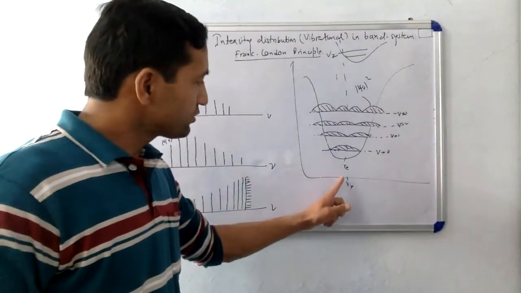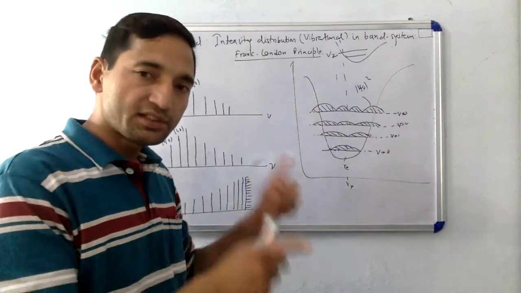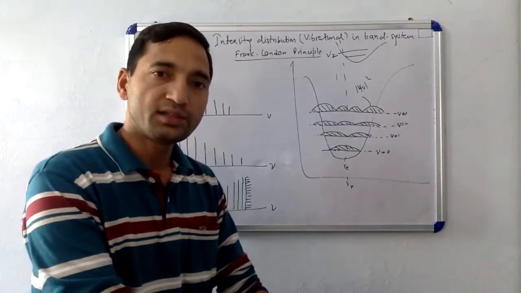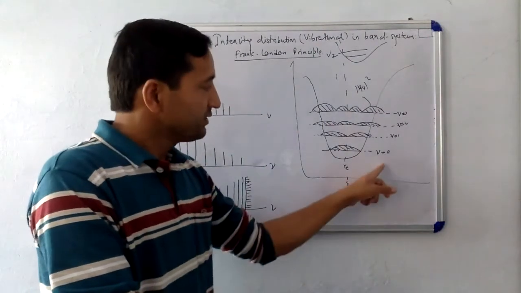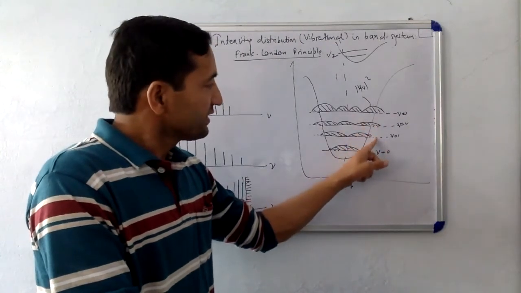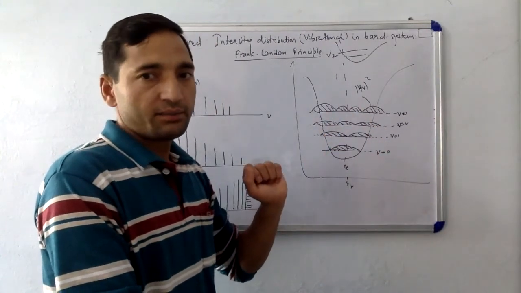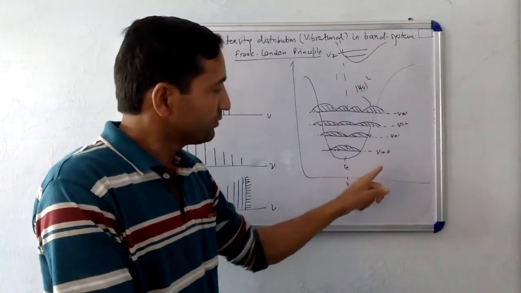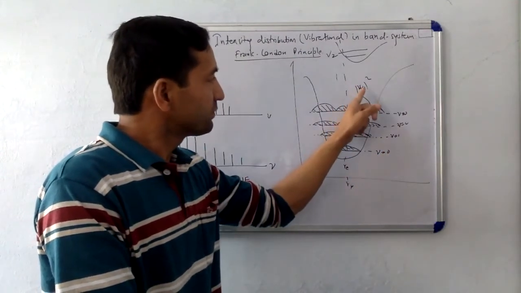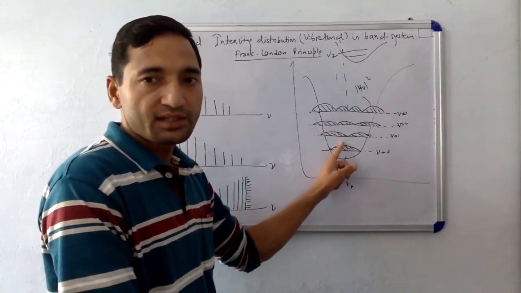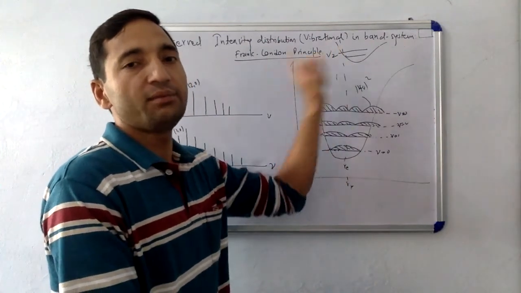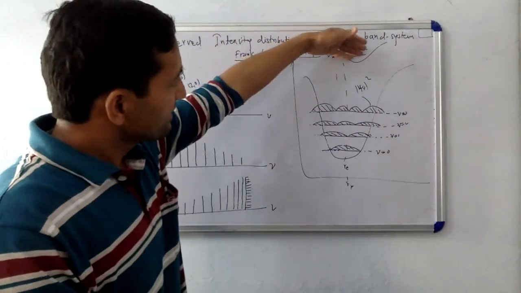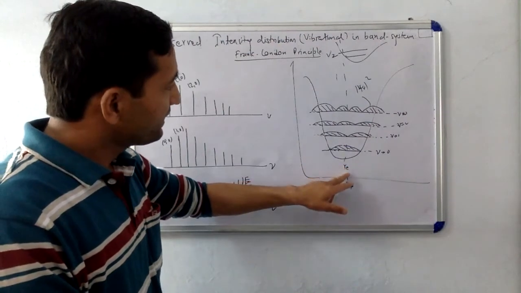There are two things. First, the transitions have to take place at the same internuclear distance. Same internuclear distance means the transitions are along a vertical line, which can be represented with a vertical line. Except for nu equal to 0, the transitions take place from the turning points, because at the turning points the value of mod psi nu squared is higher. In the case of nu equal to 0, the probability distribution is maximum at the midpoint, so it takes place from this midpoint, again at the same internuclear distance. We will see that where the excited state and the ground state have almost the same equilibrium distance r_e,